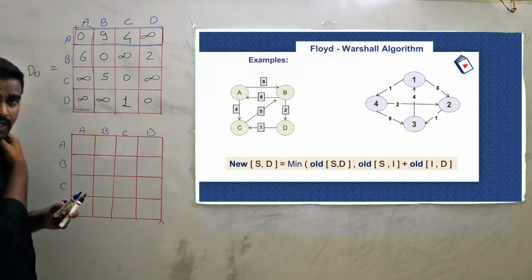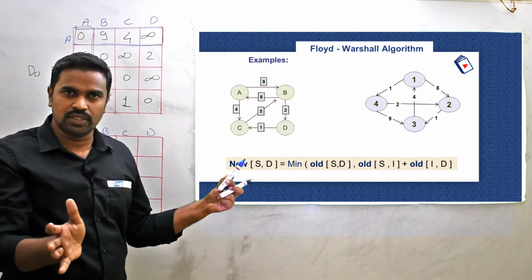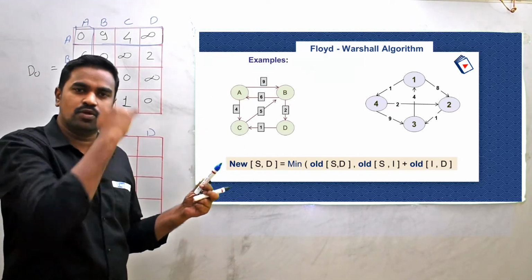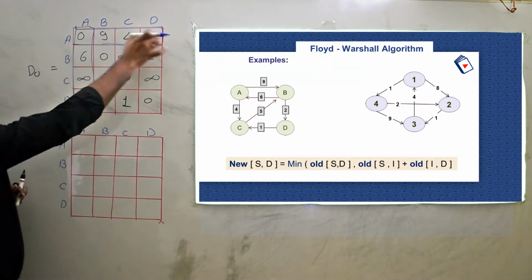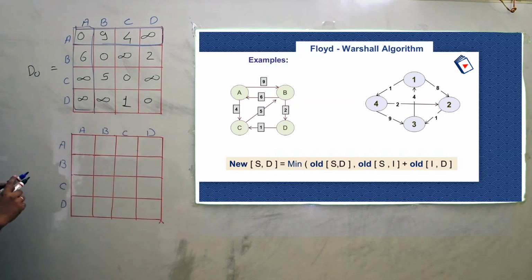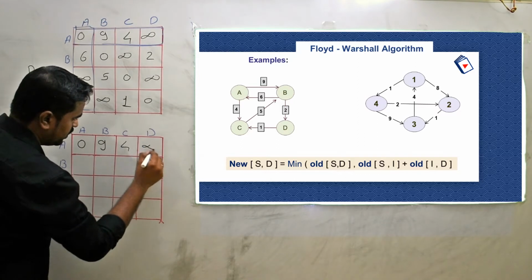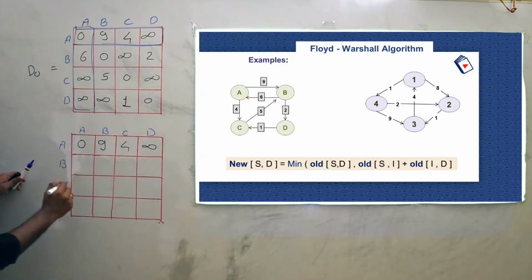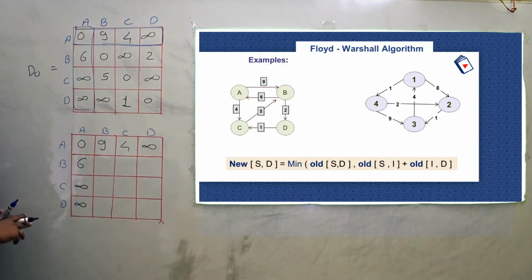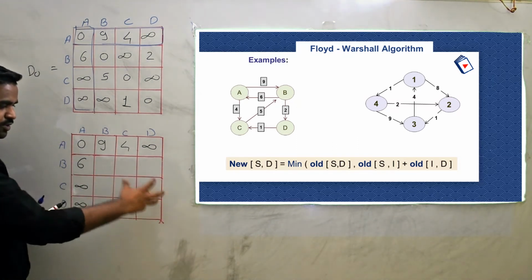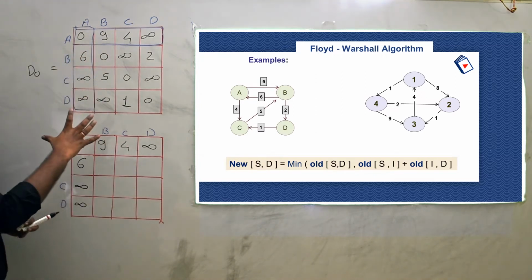Remember, what do I need to do? I need to find the minimum distance from every node to every node without applying Dijkstra's algorithm separately to all other nodes. So I'll write down these distances first of all. What are those? 0, 9, 4, infinity, and 0, 6, infinity, infinity, 0, 6, infinity, infinity. Now I need to calculate the distances of these 9 elements with the help of these elements,